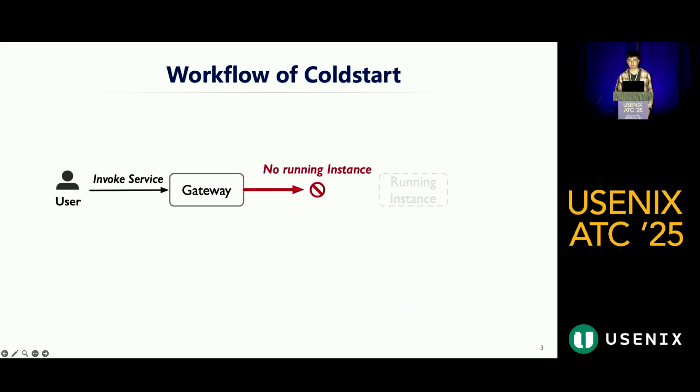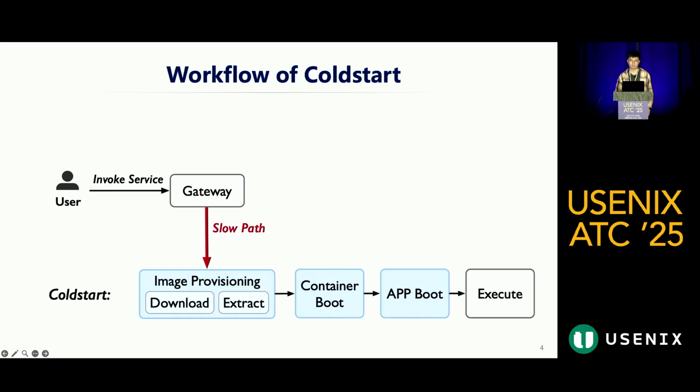Let's now examine two typical service models in serverless platforms. First, when a user request arrives and there is no available service instance, the platform triggers the slow cold start path. In this path, the request must go through several stages before it can be served, which includes image download, extraction, container boot, and application boot. After the request is served,